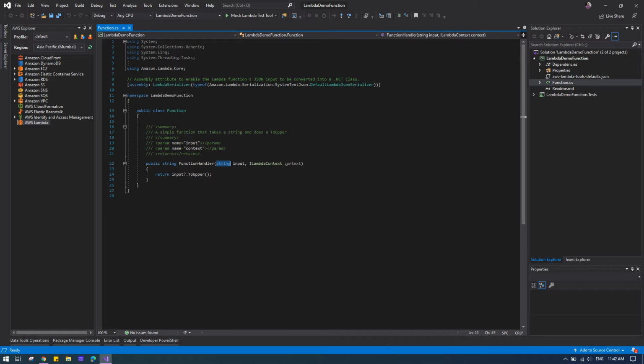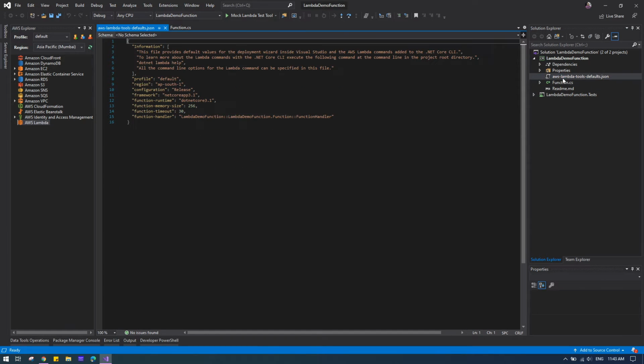The signature of the function accepts one string and the Lambda context as the second parameter. Whatever we want to pass to this function, we can create custom classes or models here and pass them through, but ideally it will take only two parameters for now. If I pass a string, it changes the case to uppercase and returns it. So this is like a simple hello world function.